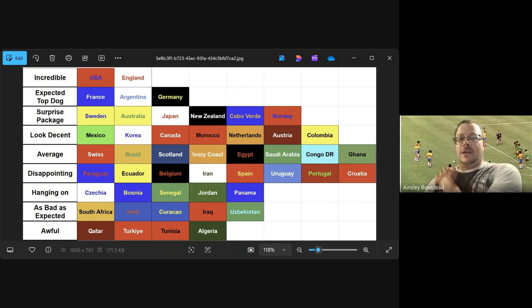Well, Japan absolutely flew through qualifying. They were an awesome force in qualifying. They scored 26 goals, crying out loud. So they're a very professional outfit, Japan are. And they've had surprise results in the last few tournaments against the likes of Germany and Spain, and they've proved that they're not afraid to take on teams. It's like the Japanese samurai spirit, I suppose.